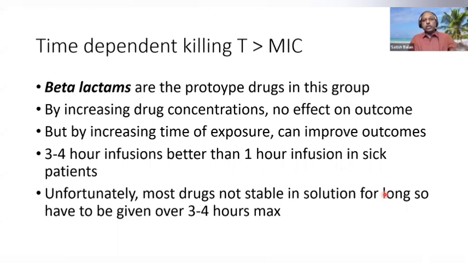So that is a very important concept in this, that beta-lactams act by time-dependent killing. So you have to maintain a concentration above MIC all the time. So if the action of the drug declines, for instance, a short-acting drug like penicillin, so you have to give frequently, 6-hourly or 4-hourly, in order to keep it above MIC all the time. Otherwise, it's not effective. And if you're going to give beta-lactam, say in renal failure, we'll come to that a